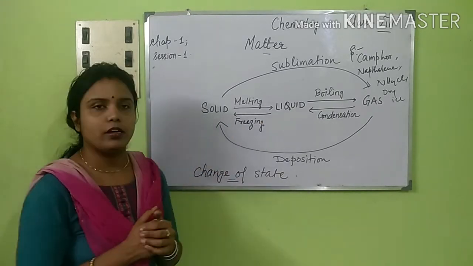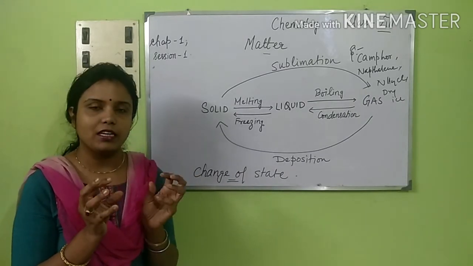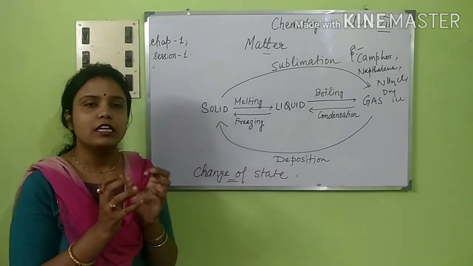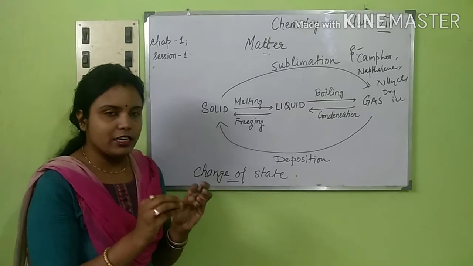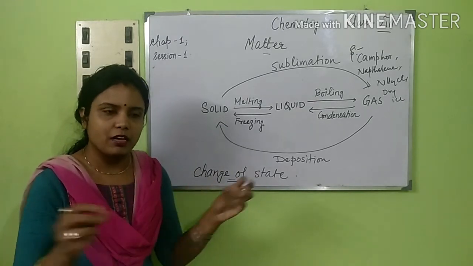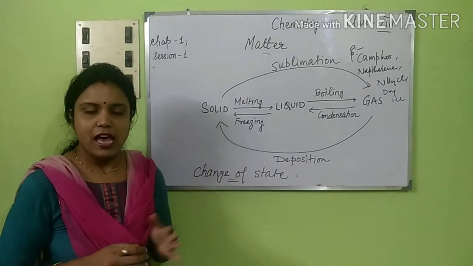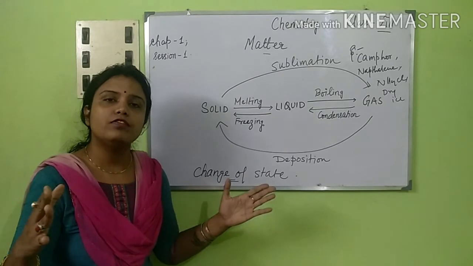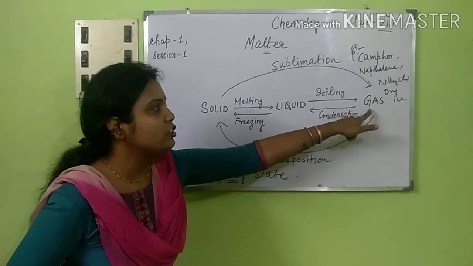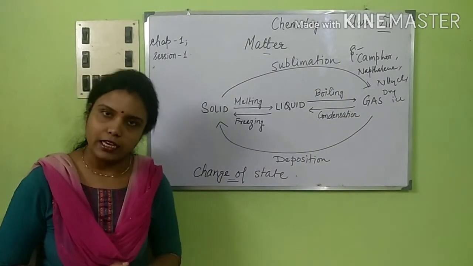Similarly for liquid, again the same thing. As the liquid particles gain energy, maybe with collision or maybe with intake of energy from an outside source, these molecules randomly move much faster than before, and again they break all the forces of attraction or the bonds and go far off. It changes to gaseous form. So this is how the change of state takes place.